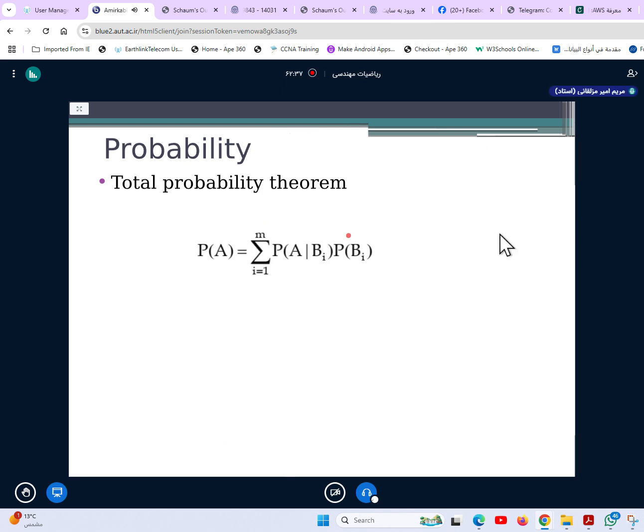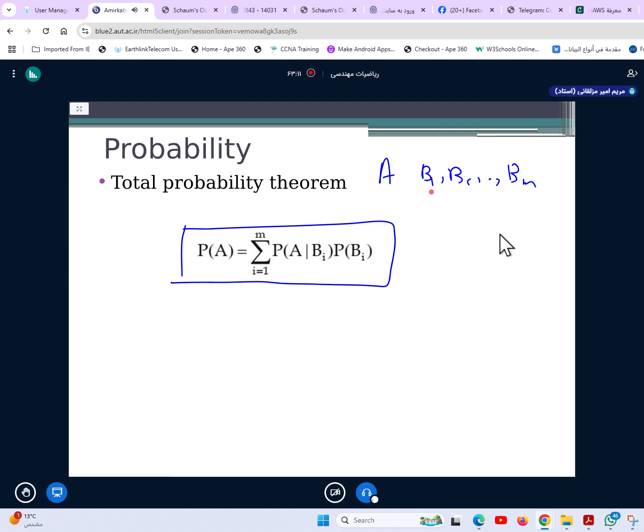Okay. Let's start the next slide. This slide is about the total probability theorem. This theorem is also very important in statistical analysis. But what's this theorem? This theorem is this formula. A is an event, Bi for i from 1 to m are some events. So A, B1, B2, to Bm are some events. But what are B1, B2, and Bm? They are the partitions